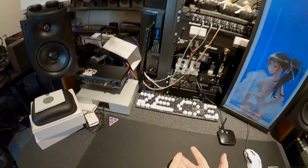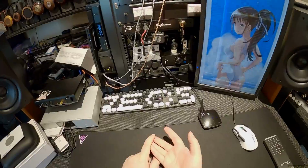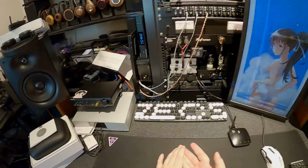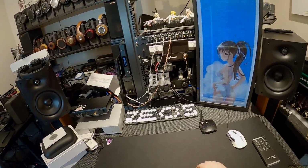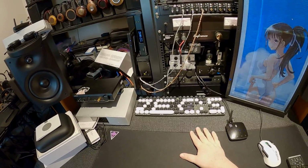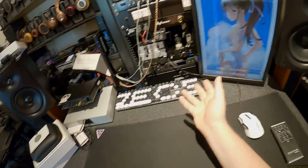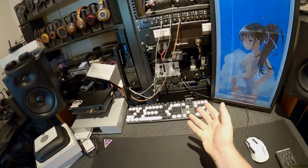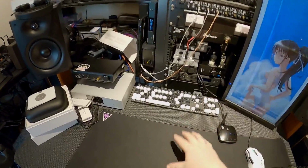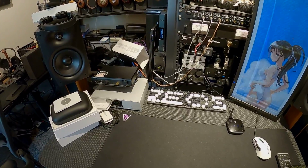For a Bluetooth headphone with noise canceling, that is a rarity. Only the Drop Pandas were that sort of level. And those don't even have active noise canceling. They had passive noise canceling. And I said that's enough. But I didn't take them on a plane. I mean, no one's taking them on a plane. Let's face it, it's 2020. Ain't no one getting on a plane, unfortunately. But these will absolutely...